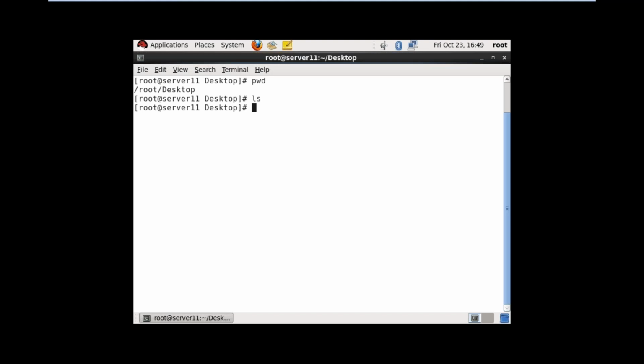Now type cd. cd is the command to change directory, but where you want to change, you are not writing, just cd and enter.